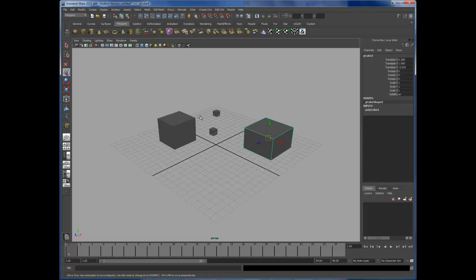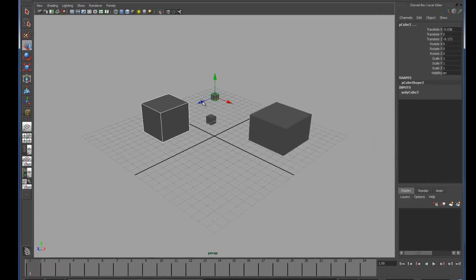So, we have a Lasso Select tool that we can move around and grab different items as well, grabbing multiple different items, carefully selecting around so that we don't get all items. We also have our Paint Selection tool, to where we can paint specific vertices and points, which we'll talk about later. Some of these important tools that we have include the Move tool,